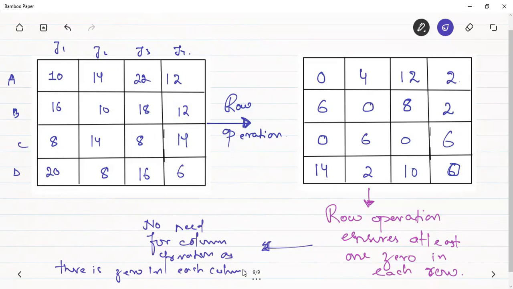Okay, this is the reduced matrix 1। After this you would have got a reduced matrix second, in which we have performed the column operation, but here we don't need to perform any column operation because we already have 0 in each row। Okay, but in majority of the cases you need to perform the column operation as well, which was shown in the second step of the Hungarian algorithm। Okay, so this is the second step. After this, the first and the second step, that is the row and the column operation, are performed to ensure that there is at least 1 0 in each row and each column।